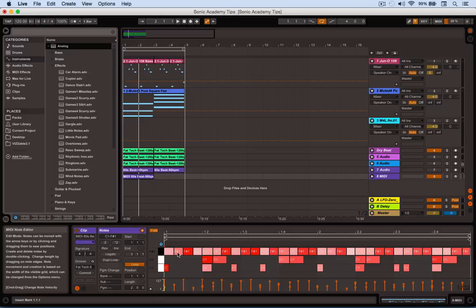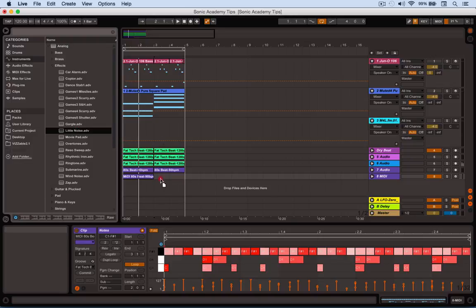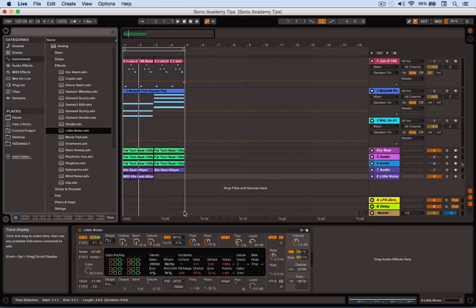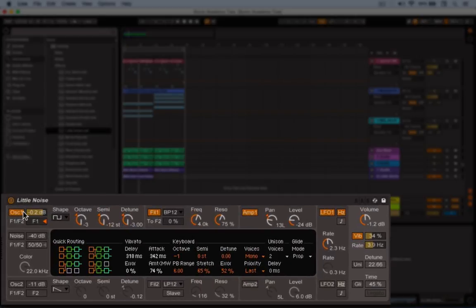As you can see, when Ableton tries to work out what's being played in a drum part, it doesn't just have a stab at working out different drum sounds, it also records the velocity. You can see it all changing here, all the different colours to indicate it. So we've got a drum pattern that tries to respect the original volume of the way it was played. So if we drag Little Noise onto that channel,